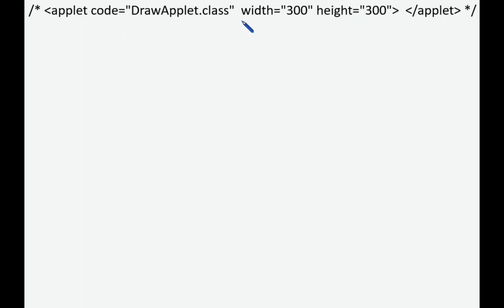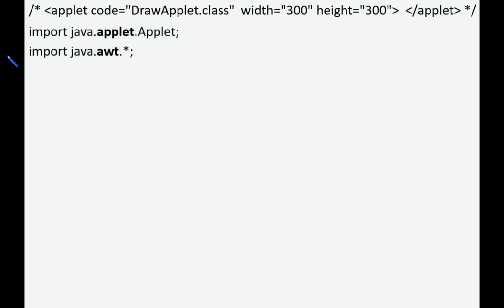So for this code, we are passing the class as value followed by width and height. So these are all numeric values. So in this applet tag, note it down, applet tag must be enclosed within comment lines so that it will be ignored by the Java compiler.